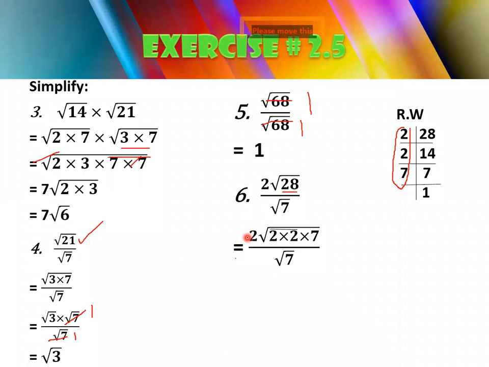How? Look here. The square root of 7 will remain the same, because you cannot take 7 outside the square root, so you will keep this 7 inside the radical symbol. And when you take 2 outside, it will get multiplied by 2. So 2 multiplied by 2. And what about this one? Obviously you will cancel it and you will get your answer. The under root 7 and under root 7 will be cancelled with each other, and 2 multiplied by 2 will become 4. So the answer for this question is 4.